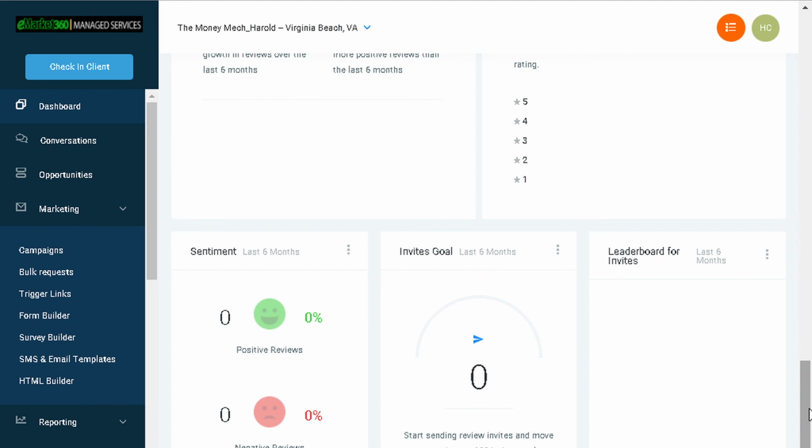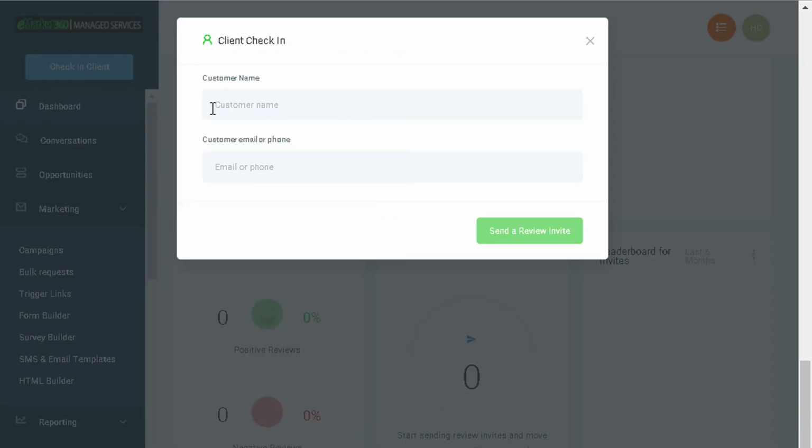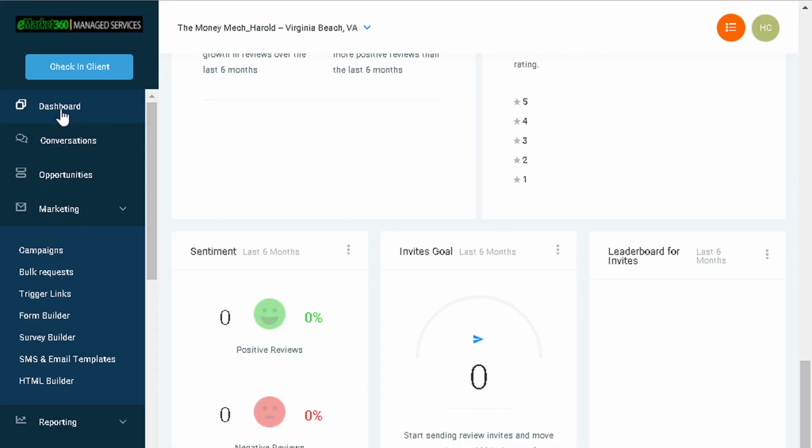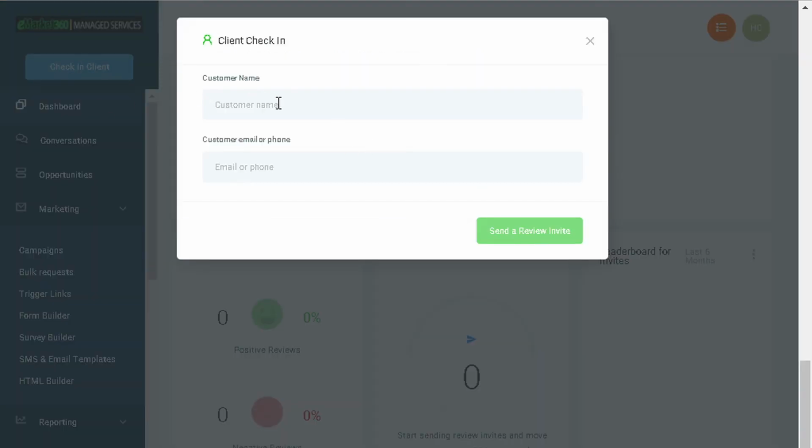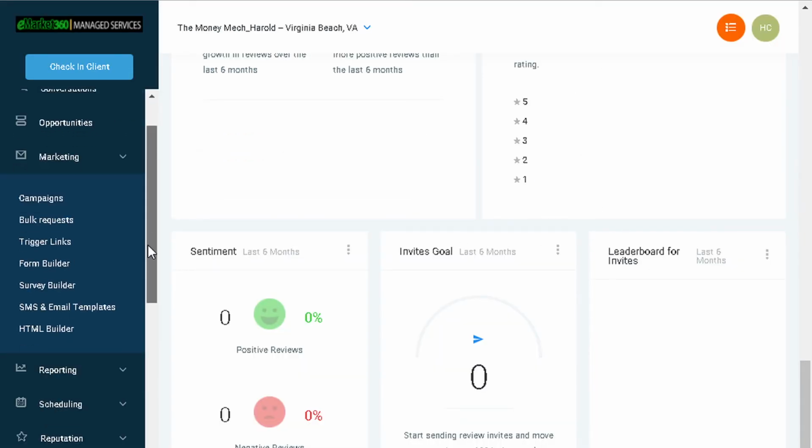And of course, the final one is you will see here the reviews that you have for your clients, because you might want to utilize this check-in client right here, customer name. This will send the review invite for your client. Let's say you have a client that you have already been servicing for 1 year, or 1 year and 3 months, whatever it is, and you wanted them to send a review request. Then you just have to enter customer name, email, phone, then send a review invite,